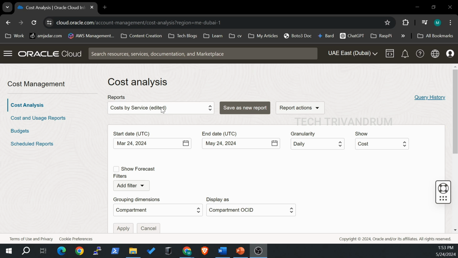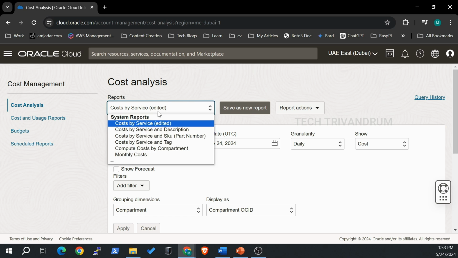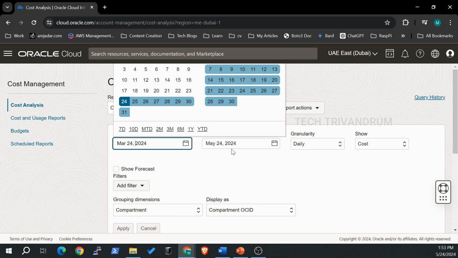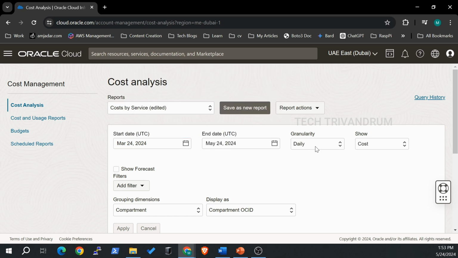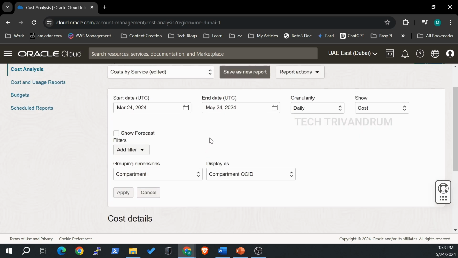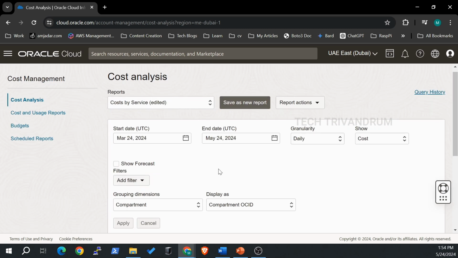For example, you can select the type of report, like cost by service or cost by compartment. These are the options for the type of reports you can choose from here. Then you can select the start and end date, and then the granularity, and the show option is also there to select between the cost and the usage reports. Then after selecting this, you will be able to see how much usage depends upon the service basis